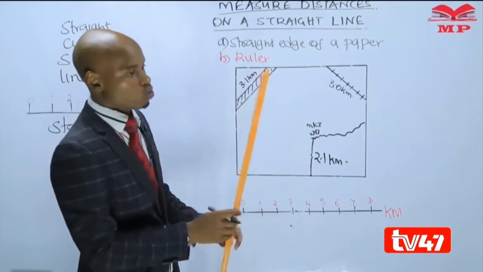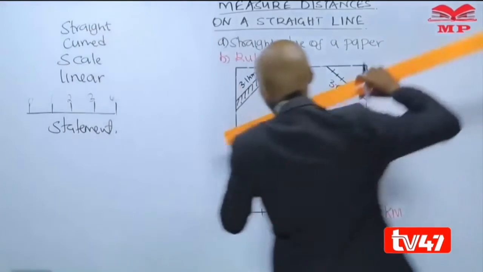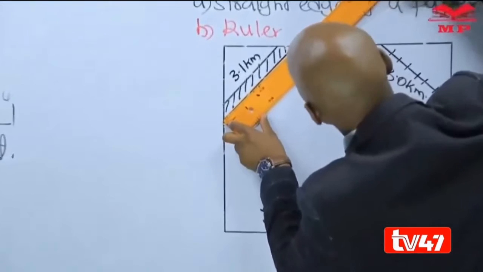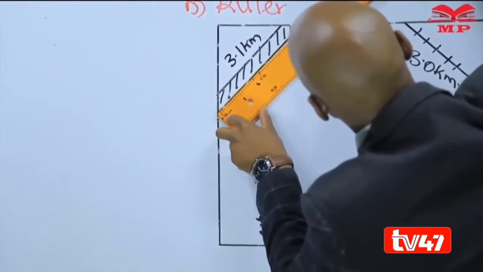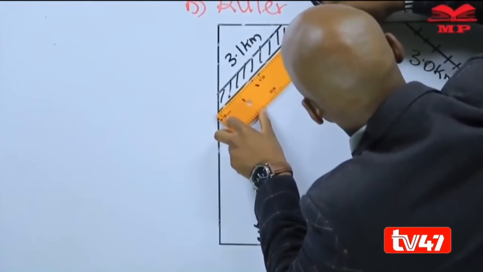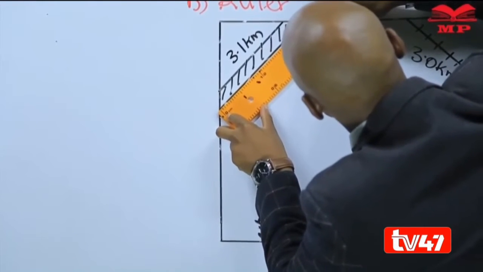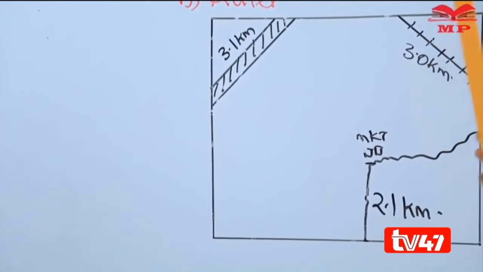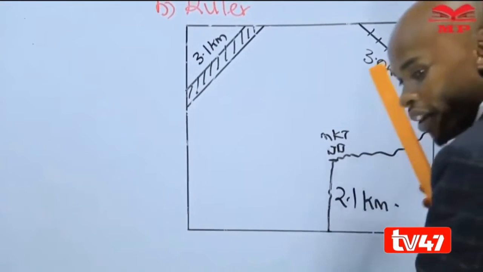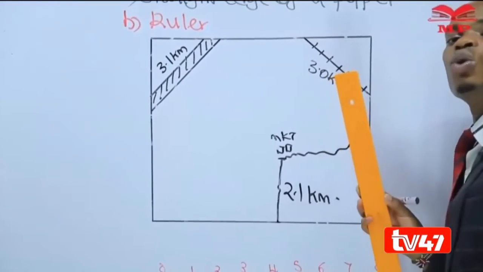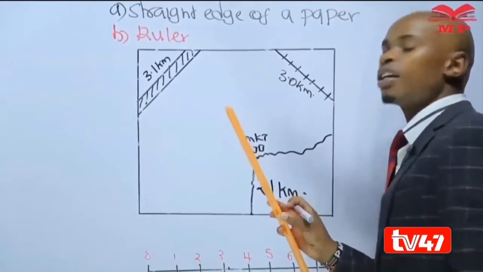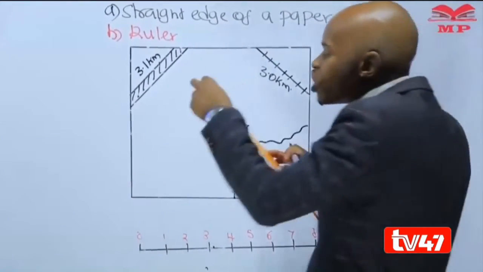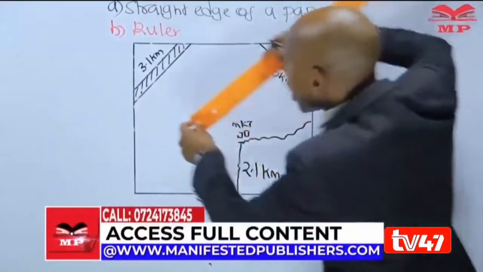You have opted to use a ruler, it is allowed, and you measure your straight edge, and according to my measurement it is 2.2 centimeters. Most pupils and learners will go to the answers and look at the answer that is written 2.2 centimeters. They forget that when you are using a ruler, you measure